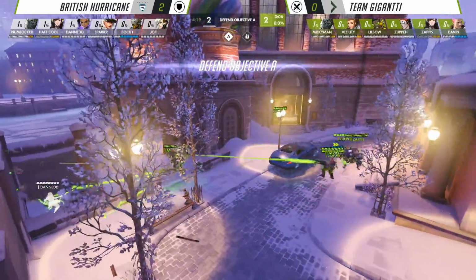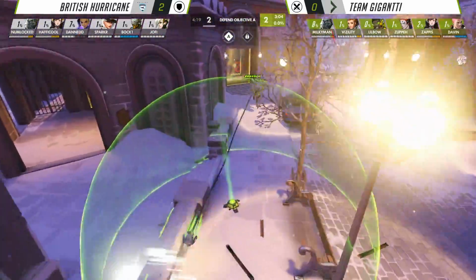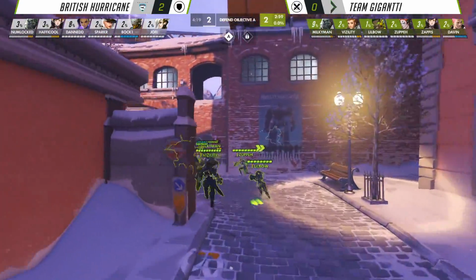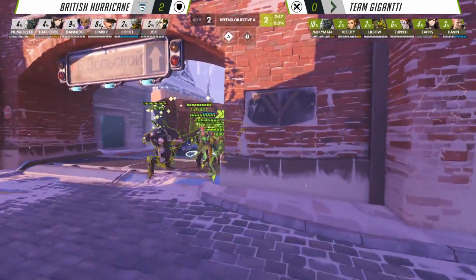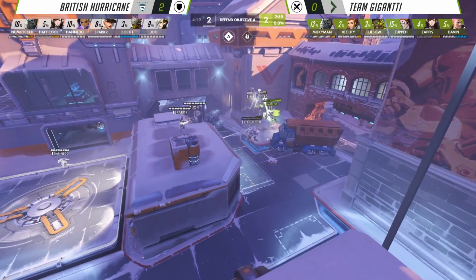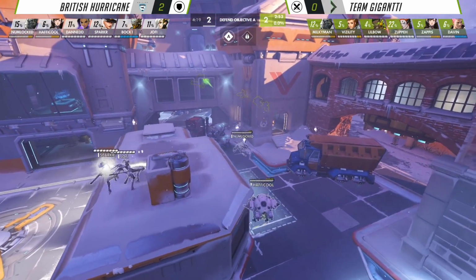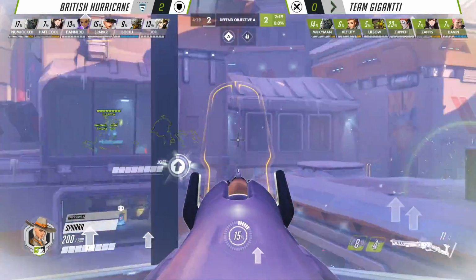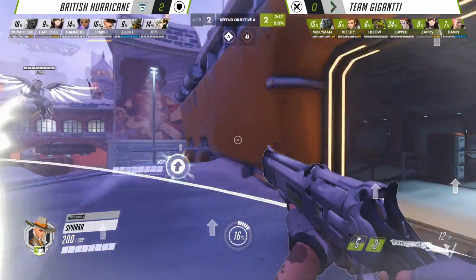British Hurricane on the defense again, going for a similar composition, and in the exact same spot that happened on the last rollout from Gigantti, they just go ahead and zap down and remind him, no, we know you're there, there's no trickery here. As they emerge through that choke, they're going to go in through this slow parachute, go through the walkway. Numlock will probably try and get some free charge off there. Doesn't have the jump cooldown to get as much, so he's going to be much slower to that